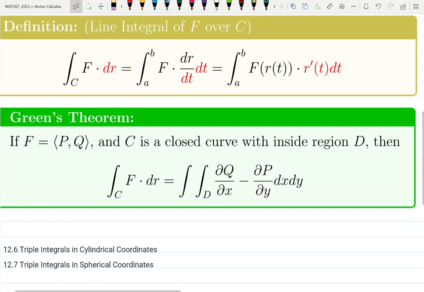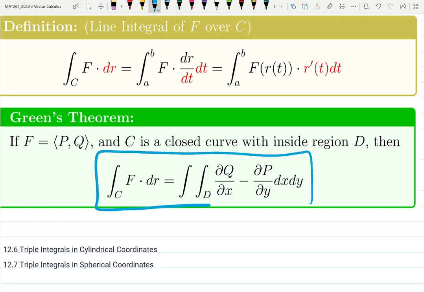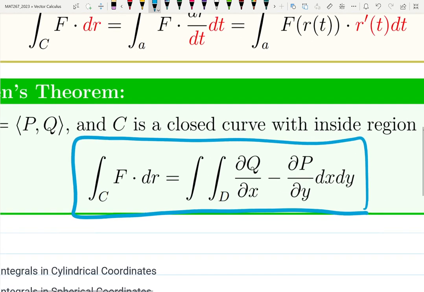Green's theorem made this weird formula. Here it is. Apparently, there are more ways to find a line integral over vector fields. Instead of doing the previous formulas, which sometimes are hard, and parameterization is sometimes horrible, you can switch to a double integral and use this formula. Let me put it like so: second component over x minus first component over y, where